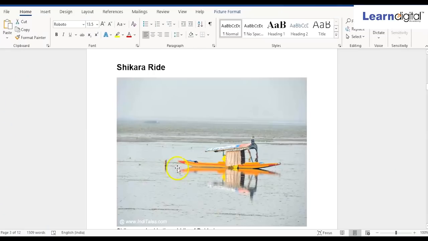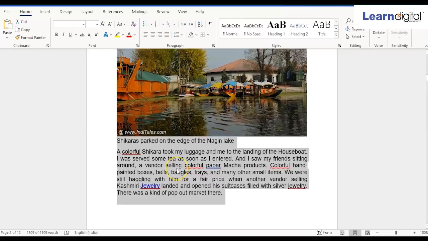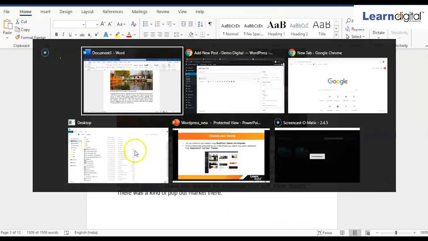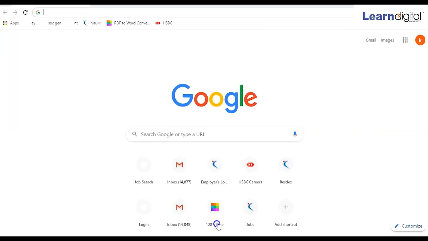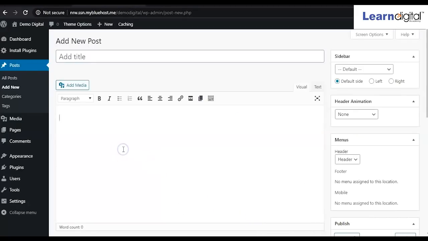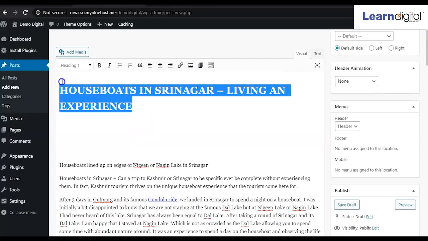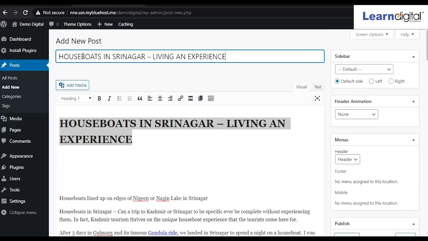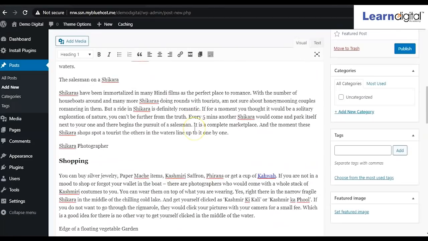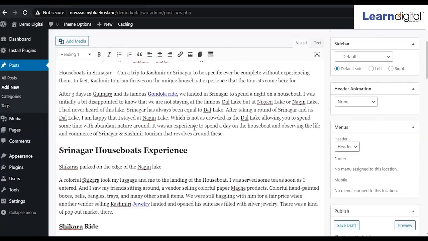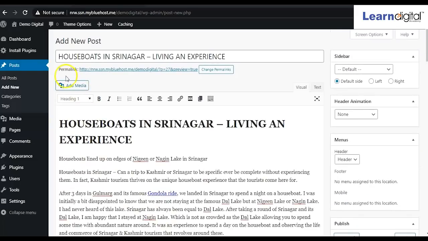For that one I have selected this one. So simply I copy and I'll paste it over here. All the content will be coming over here. So this is the content, and if you want to put images, simply here at the top